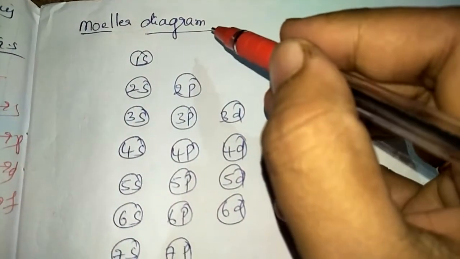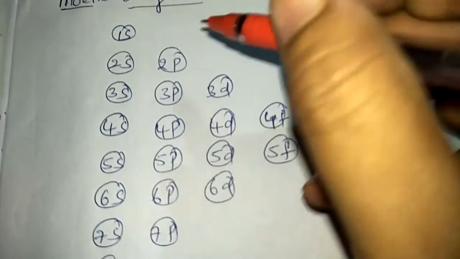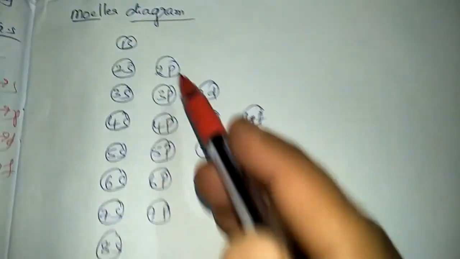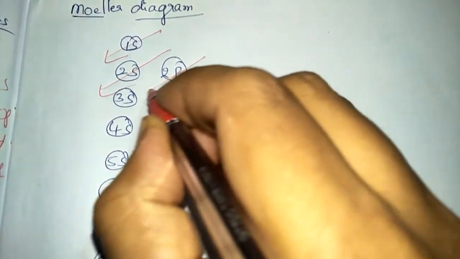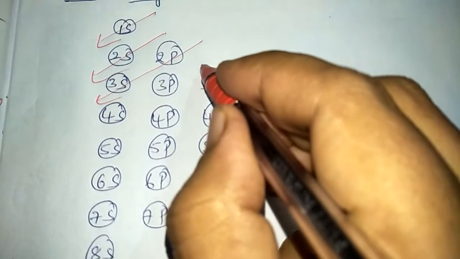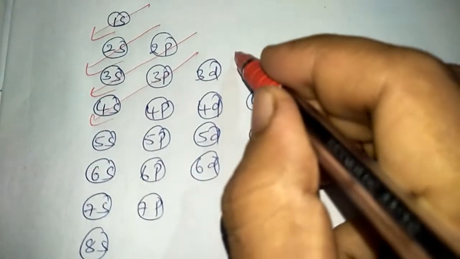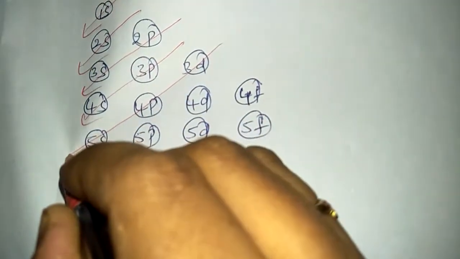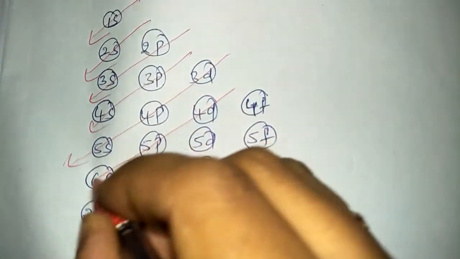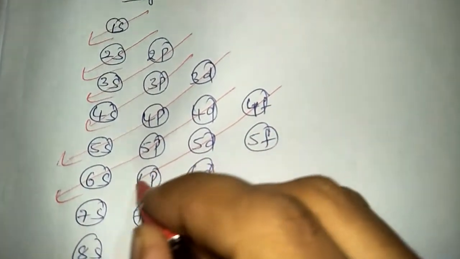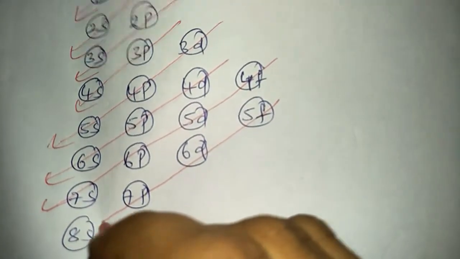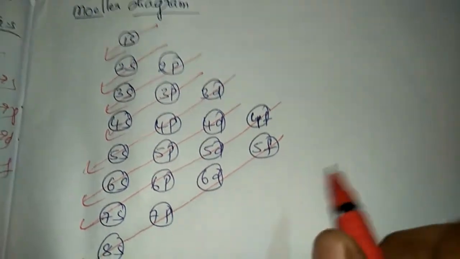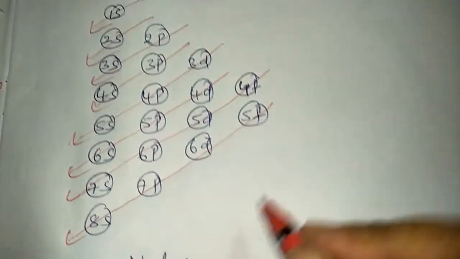Here is a simple method for the representation of the energy of orbitals. Moeller, a scientist, proposed one diagram, the Moeller diagram. First the electron enters into the 1s orbital, after that the 2s orbital, then the 2p orbital and 3s, 3p, 4s, 3d, 4p, 5s, 4d, 5p, 6s, 4f, 5d, 6p, 5f, 6d, 7p and 8s. This is a very good diagram for remembering the energy of orbitals.